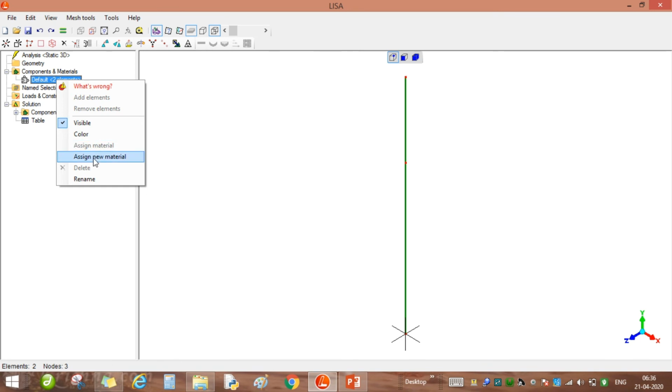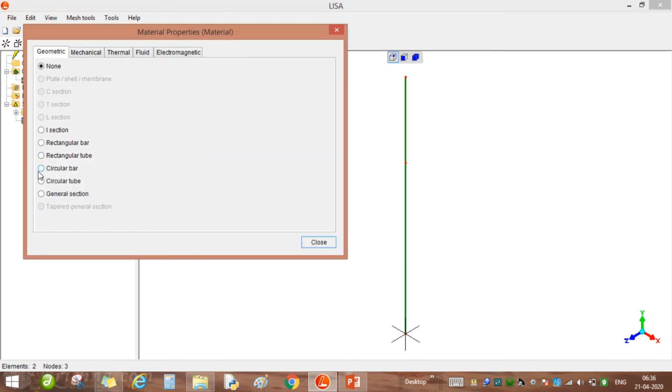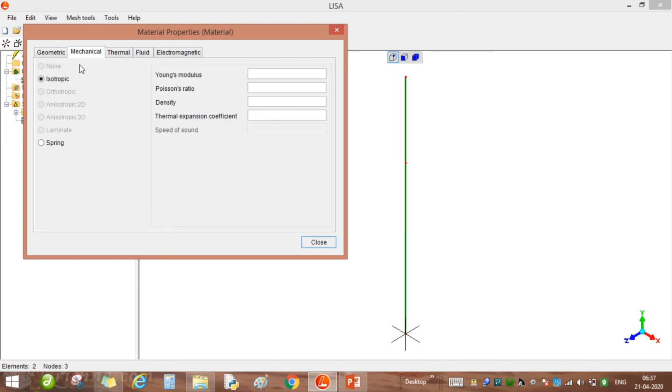Next, we have to assign the material. In material, we use the circular bar, and we have two different materials. The first circular bar is 60 diameter, so we input 60 here. Next, go to mechanical properties, and the modulus of elasticity is 200 gigapascal, so we input this.